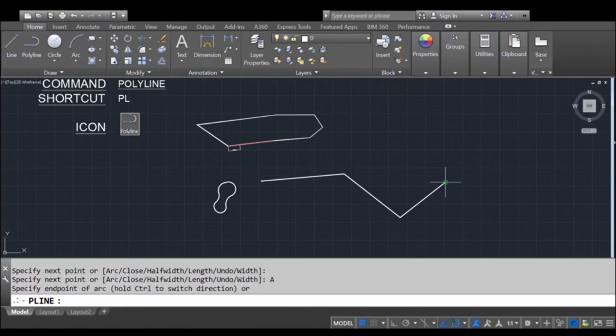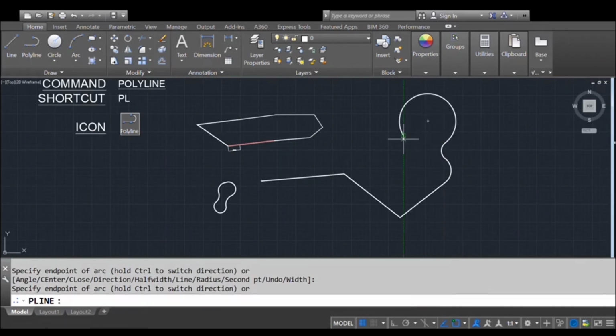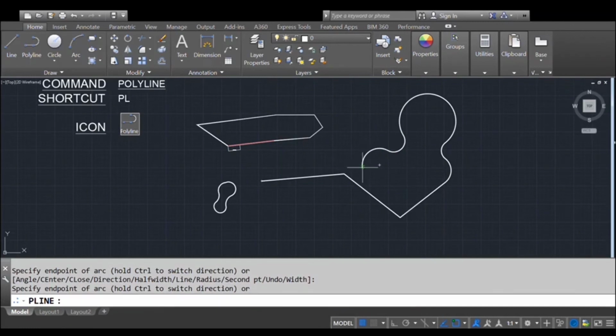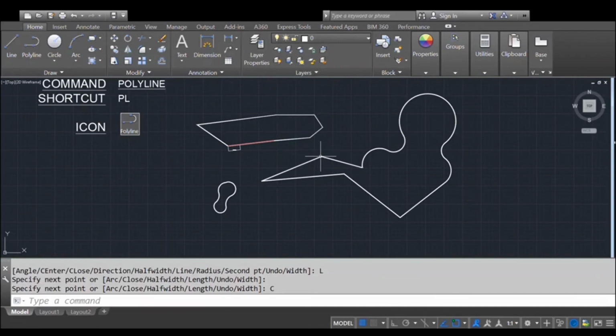Then draw whatever your arc requires, such as a 3-point arc or anything else. And if you want a line again from the endpoint of the arc, you can also draw it. You can terminate the command once your requirement is completed.